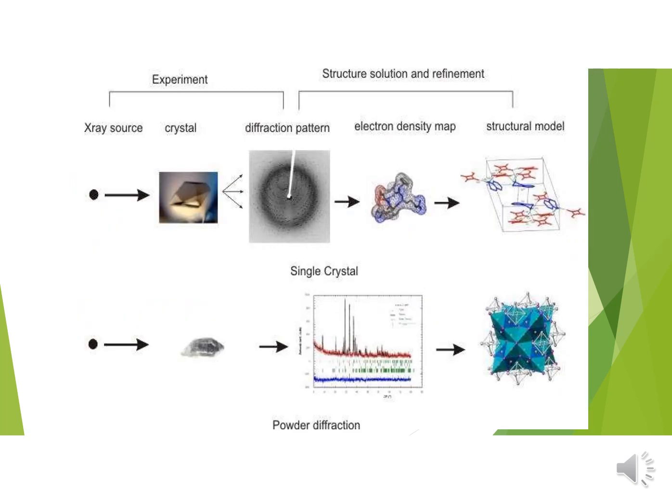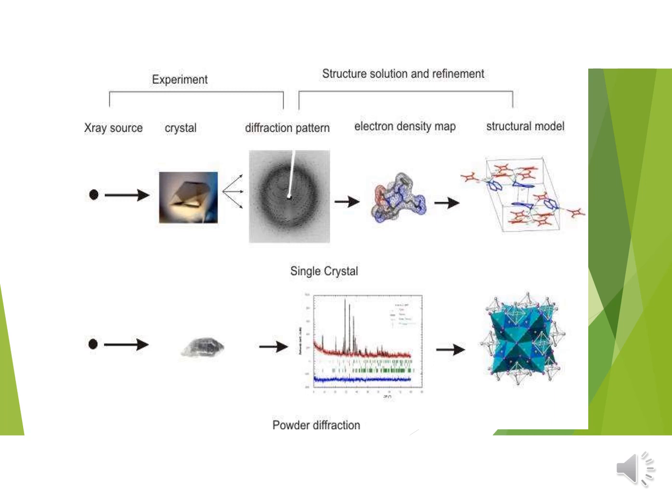the pure crystal of high regularity, that is, we have to construct a single crystal or a pure crystal of high regularity. Here the comparison between single crystal X-ray diffraction and powder X-ray diffraction is given. As you can see, when a crystal is placed in the path of the X-ray beam, it will give a diffraction pattern, and on further structure solution and refinement we will get an electron density map, which on further refinement and solution will give the structural model of that crystal.